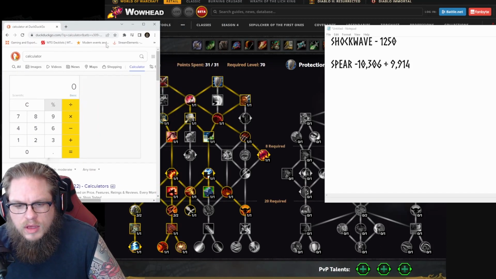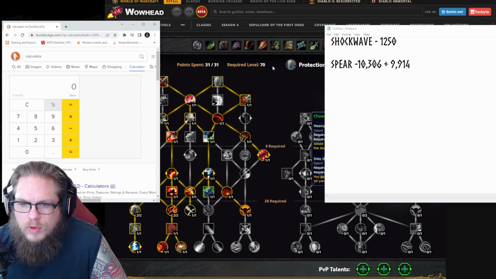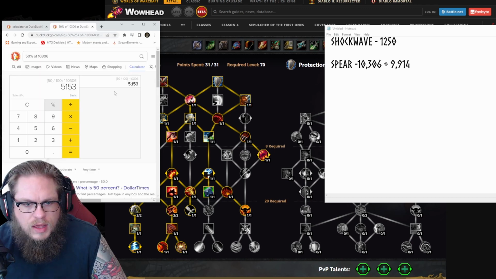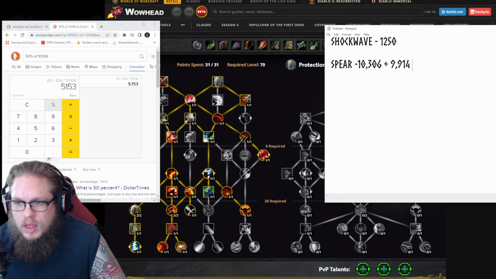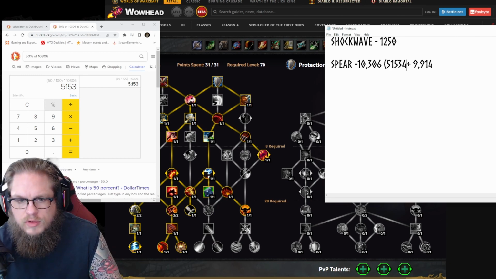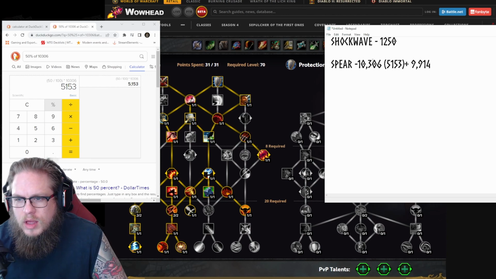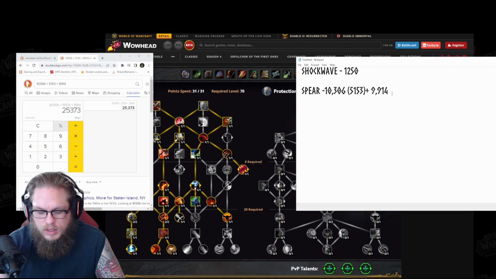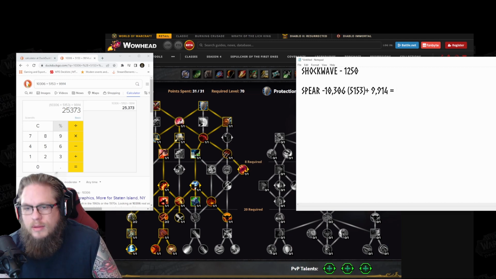So we need to calculate the Spear of Bastion damage initially. The initial damage is 10,306, and we need 50% more of 10,306, an additional 5,153 damage. So we'll put that in parentheses here if we were to take that talent, which I think you would for Prot. I don't know that Elysian Might is necessary for Prot. Extra damage. And so we'll add all those up, giving us a total of 25,373 damage overall if all the enemies lived the entire duration of the Spear of Bastion. And so we end up with a total of 25,373 damage every